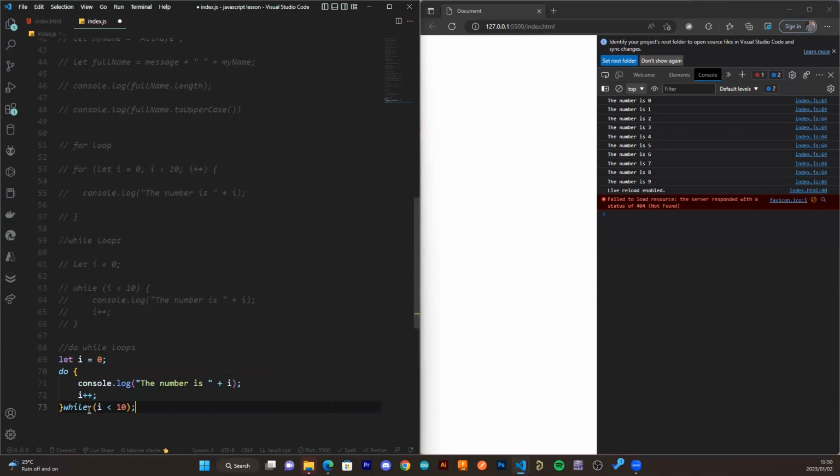So what is the difference between the while and do while loop? It depends on the situation that you are using it in. But the basic meaning is that a while loop will execute this function